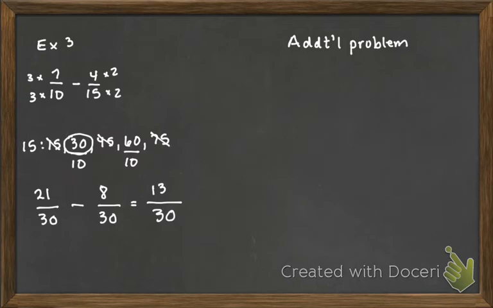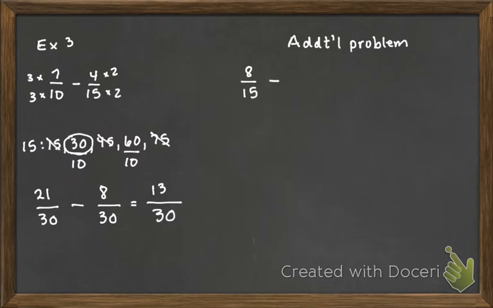So an additional problem, let's look at 8 over 13 minus 4 over, let's say 10. That's probably going to be a big one. You know what? Let's do an easier one, because I think there are so many multiples of 13 that we would have to go through, that we probably would have an easier time if we had a number that was a little bit nicer. So let's look at 8 over 15